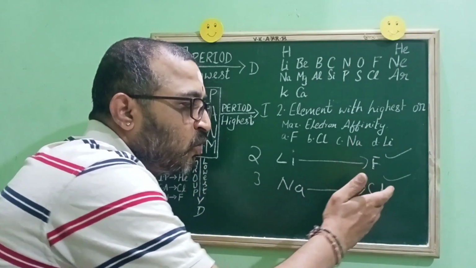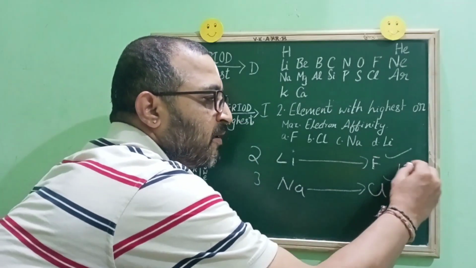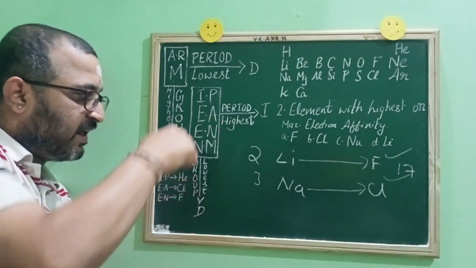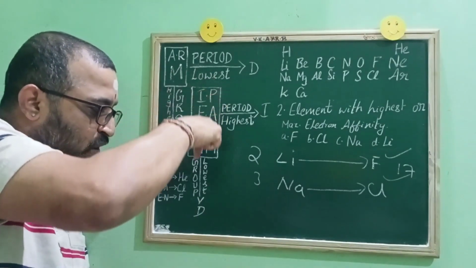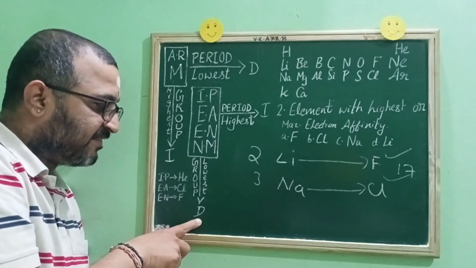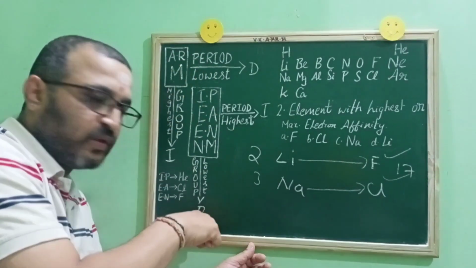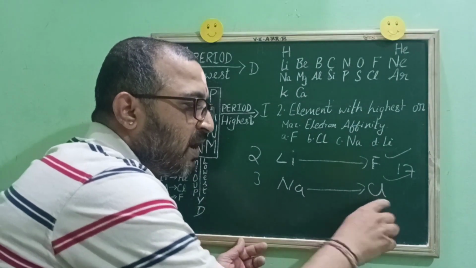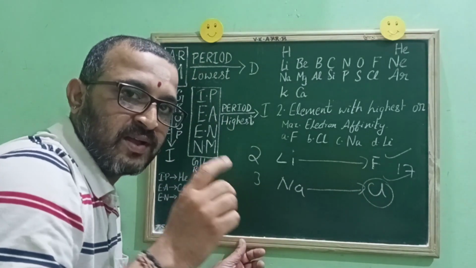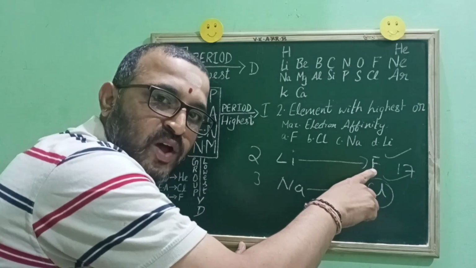Now these two belong to group. Which group, children? Yes, you are right. They both belong to group 17. Now when it comes to group, we have to see this one. That is electron affinity. When you go down the group, it is going to what? Decrease. That is, out of fluorine and chlorine, according to this concept, the one with the lower electron affinity is chlorine. So the answer will be fluorine, that is having a maximum electron affinity.